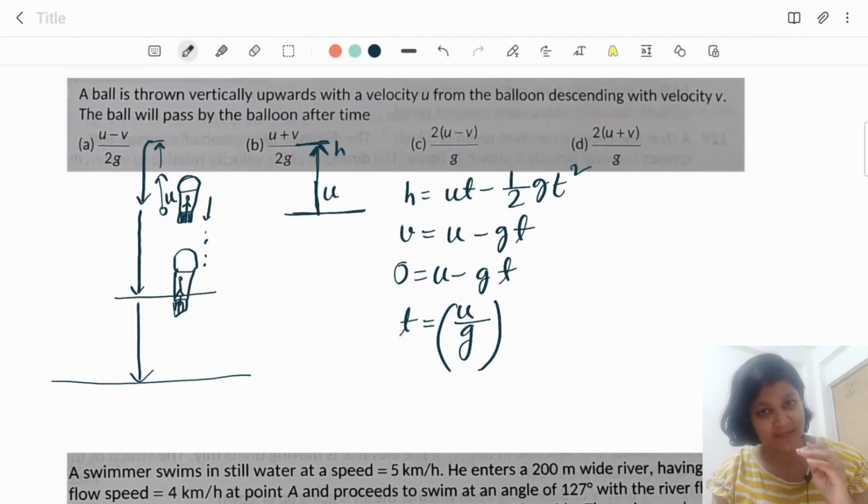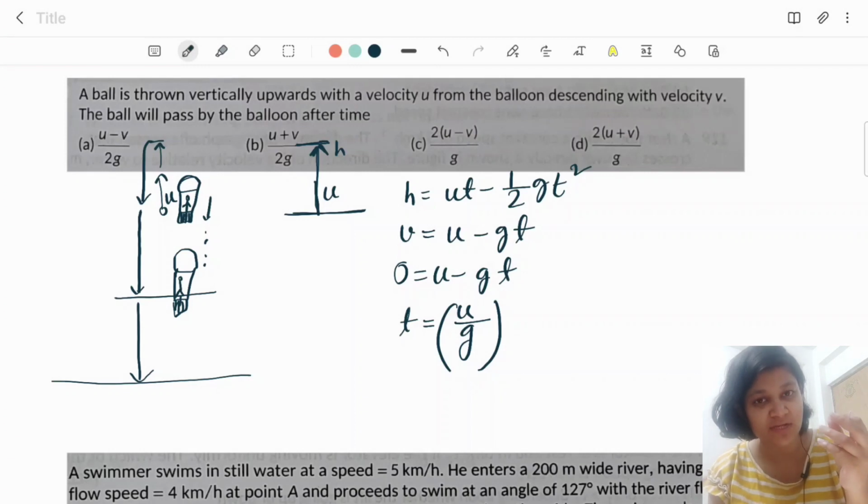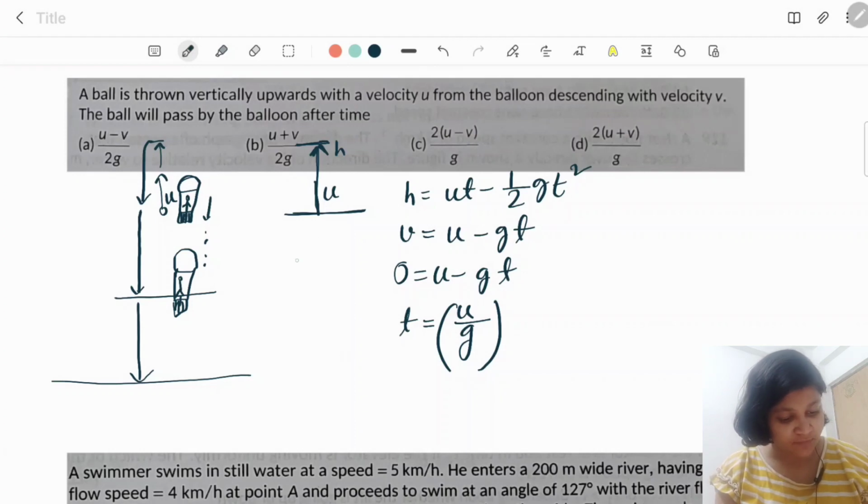height h after a time t, and it will take the same time to fall downwards, because the only force that is acting on the ball now is the force of gravitation. So it is pulling it down with the same acceleration now. So now, if we consider the motion of the ball from here to here, then at this point again the velocity becomes